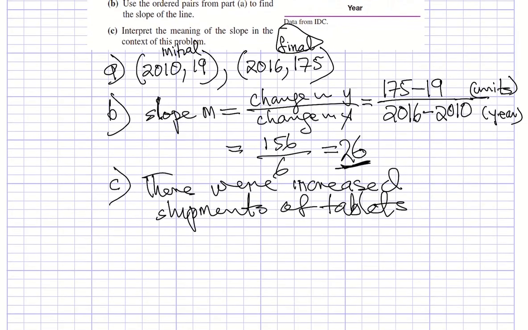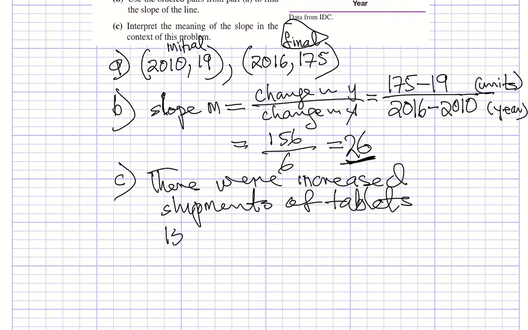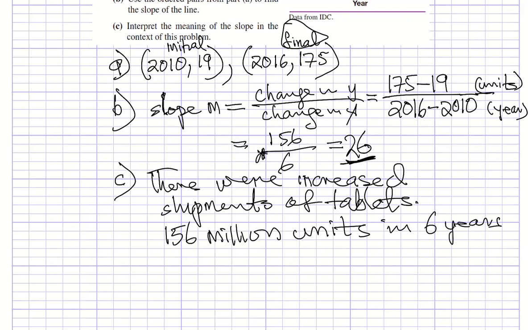Shipments of tablets, the increment is like 156. It increased 156 million units in 6 years, okay? That's what that means. So you actually gotta read up from here. It increased 115 million units in 6 years, and then the actual number there means they sold, on average, 26 million